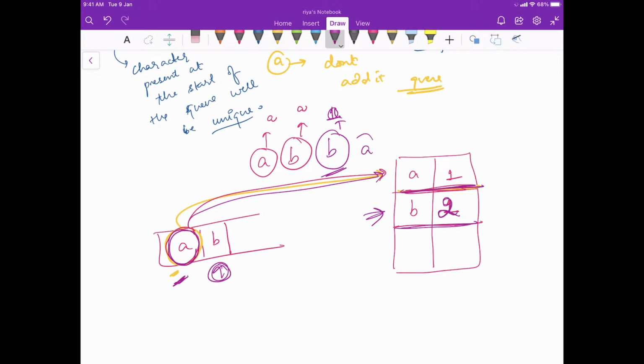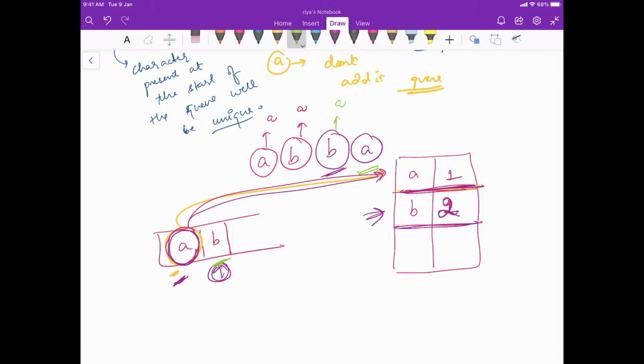Now let's say A again comes into the picture. So for this the answer is A. Now A again comes into the picture. अब हम यहाँ पे B को निकाल नहीं सकते क्योंकि B start पे ही नहीं है. So that is why that case will occur.